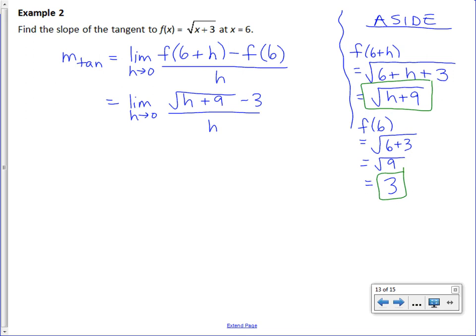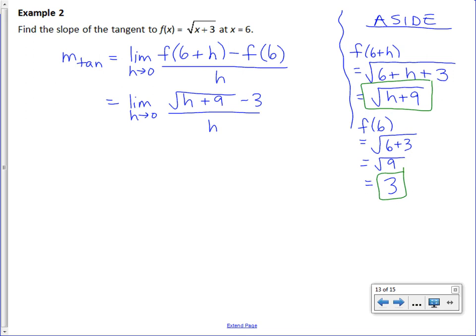How am I going to cancel out h? h is feeling kind of trapped, isn't it? It's inside the square root. You can't just be like, oh, I'll spring it out. You can't, it's stuck in there. So,